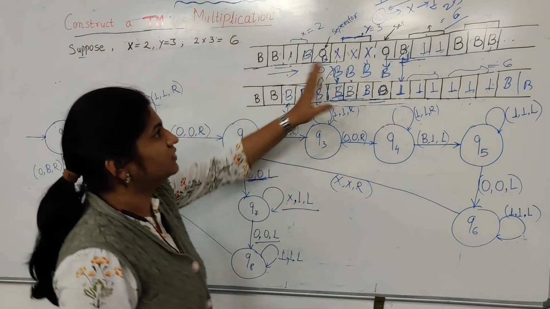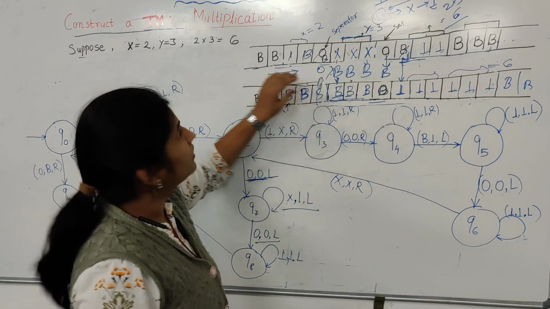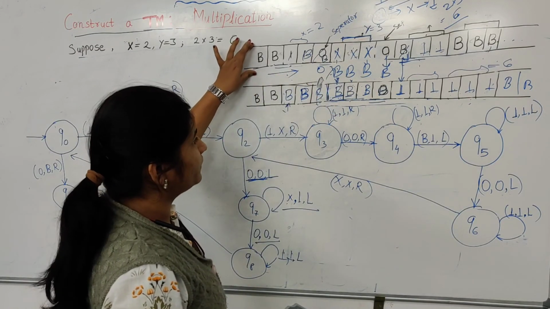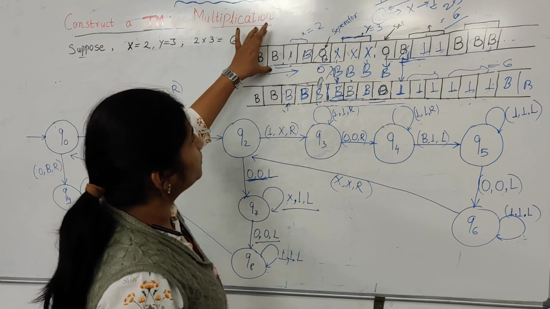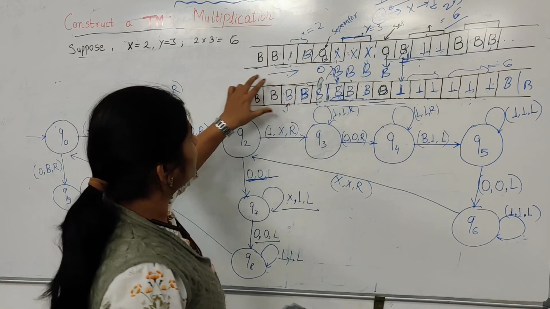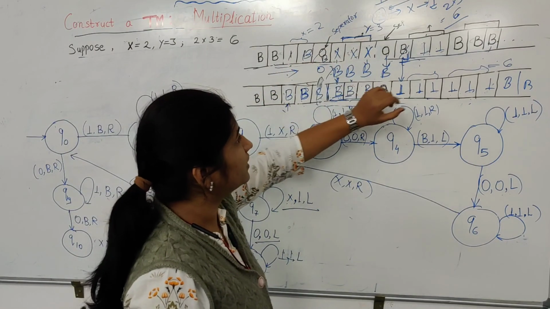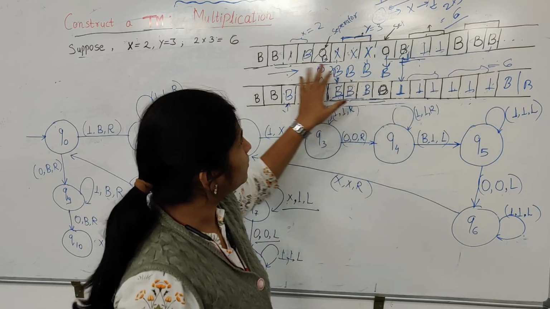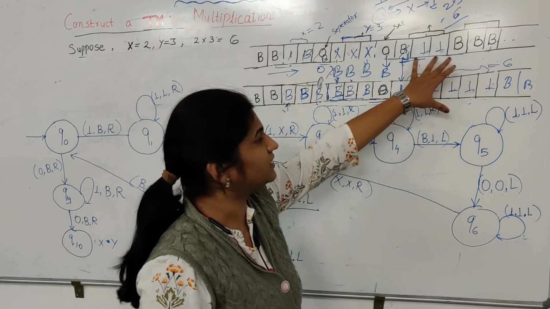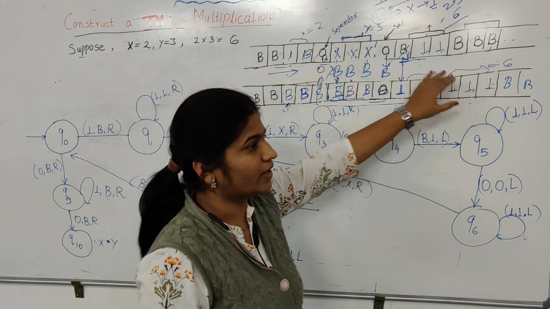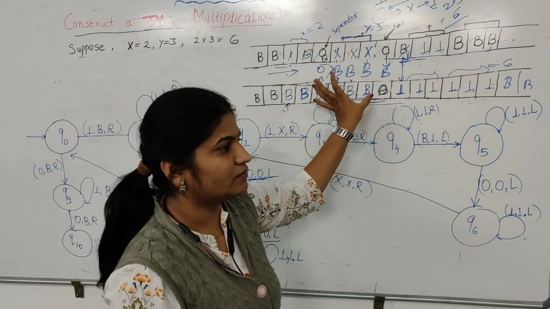So this is how we will scan each and every cell using a two-way infinite tape. So this is the basic logic here, that what we have to do, we have to keep on the cell each and everything. Okay, 2 ones here, 3 ones here, and how many total? 2 into 3 is what? 6. That's why we are keeping here 6 blank cells in forward, as it is our requirement, and all these 6 blanks will be converted into ones, and all the rest will be converted into blanks.